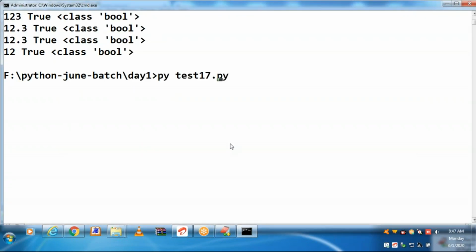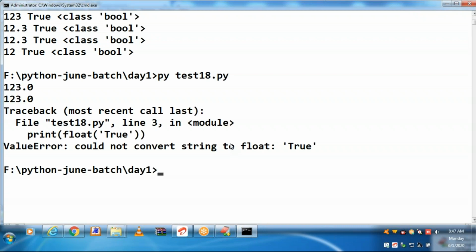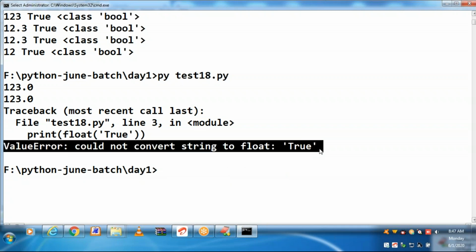This is very important, guys. Please observe value error. True value cannot be represented in the numeric.